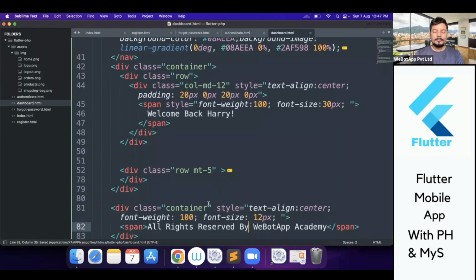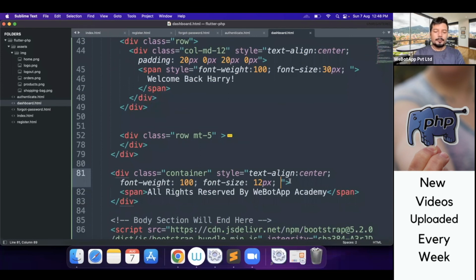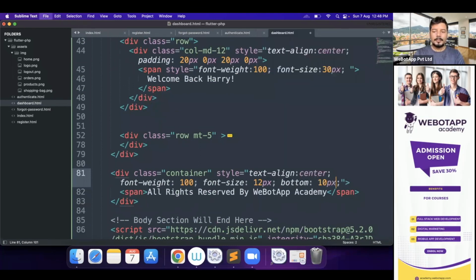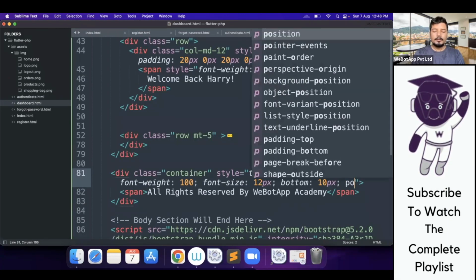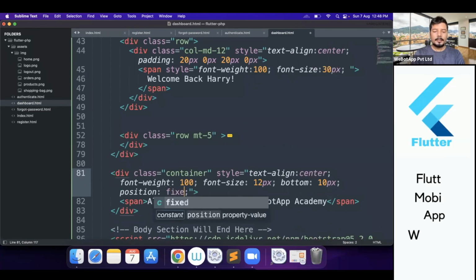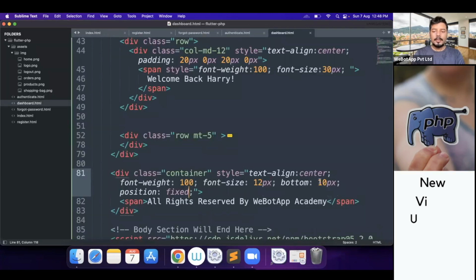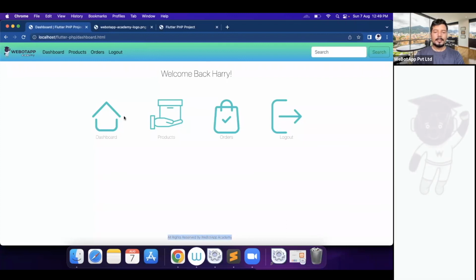Okay, and now what I will do, I will use a new CSS property here, which will be bottom equal to 10 pixel. Let me reload it. Okay, and position will be fixed. Let me reload. Yeah, it's looking cool now. So instead of bottom 10, let me use bottom 20. Yeah, it's looking good. So this will appear in all the pages, and if I click on dashboard, it